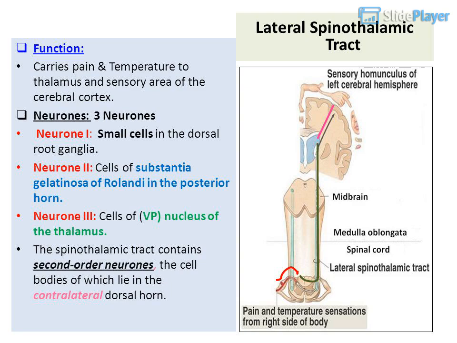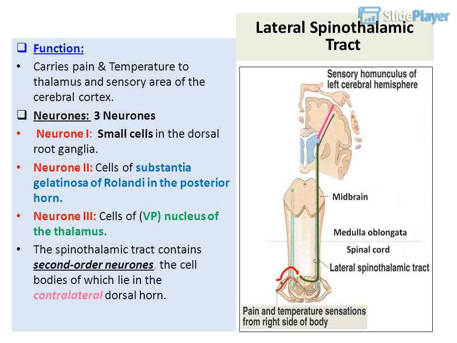Spinothalamic tracts, lateral spinothalamic tract. Function: carries pain and temperature to the thalamus and sensory area of the cerebral cortex. Three neurons. Neuron I, small cells in the dorsal root ganglia. Neuron 2, cells of substantia gelatinosa of Rolando in the posterior horn. Neuron 3, cells of the VP nucleus of the thalamus. The spinothalamic tract contains second-order neurons, the cell bodies of which lie in the